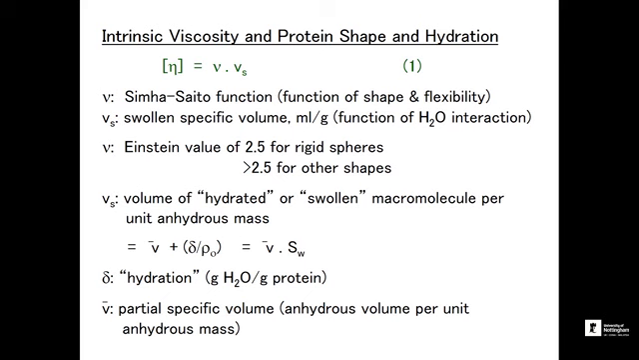Okay, and so Christina would confirm that. So that's Greek symbol nu times Vs. And Vs we saw yesterday was the swollen specific volume of a macromolecule, which for proteins we said was about 1. So intrinsic viscosity equals the shape factor times Vs. And this shape factor is known as the